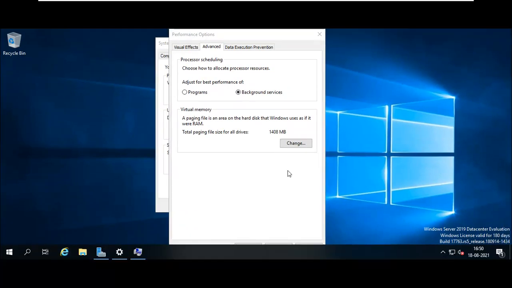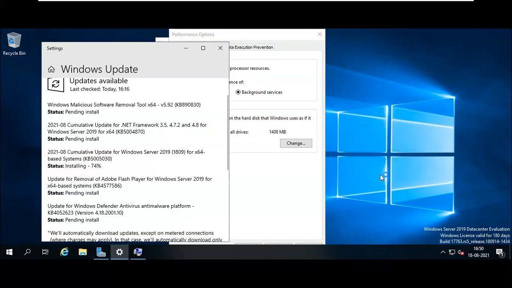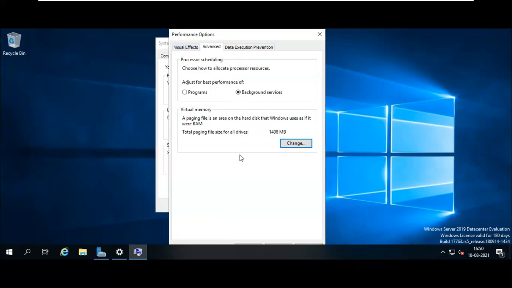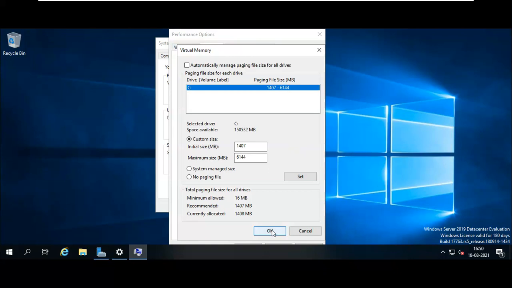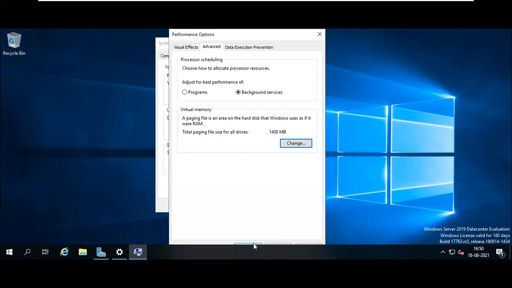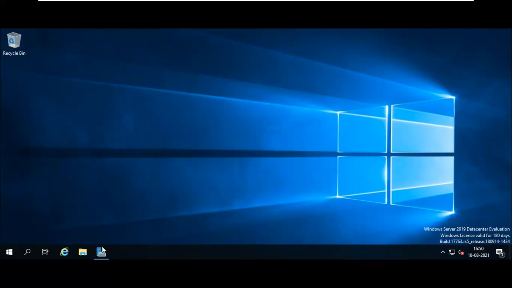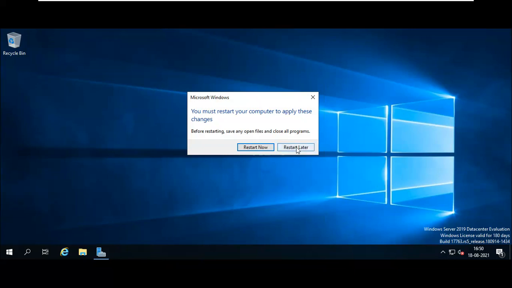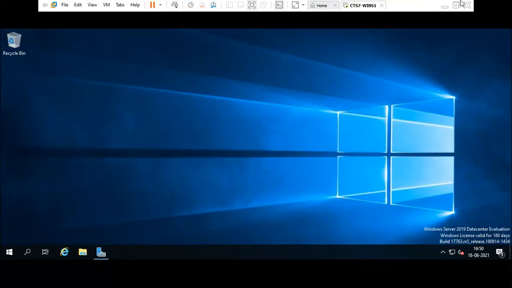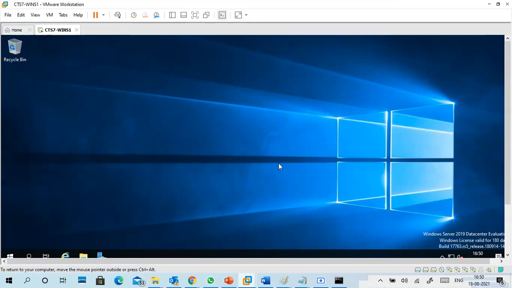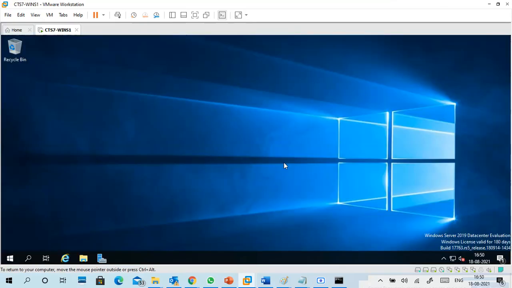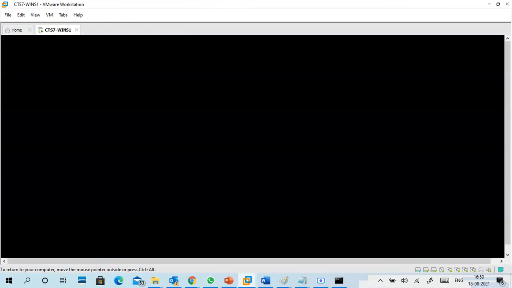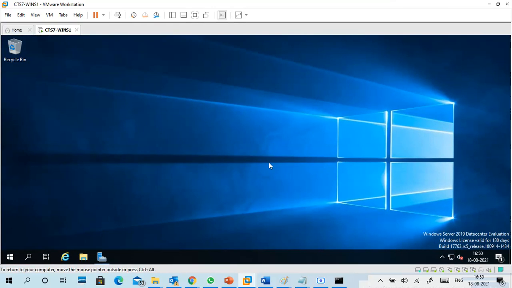I already installed VMware Tools also. Restart later. I changed my computer name and I didn't add it to a domain, but that's okay, no problem.